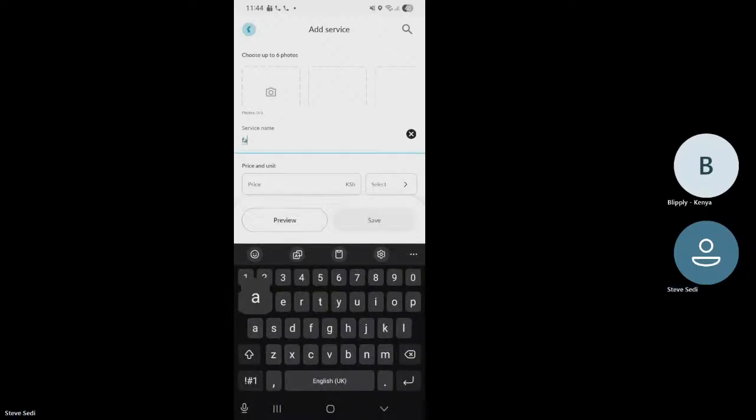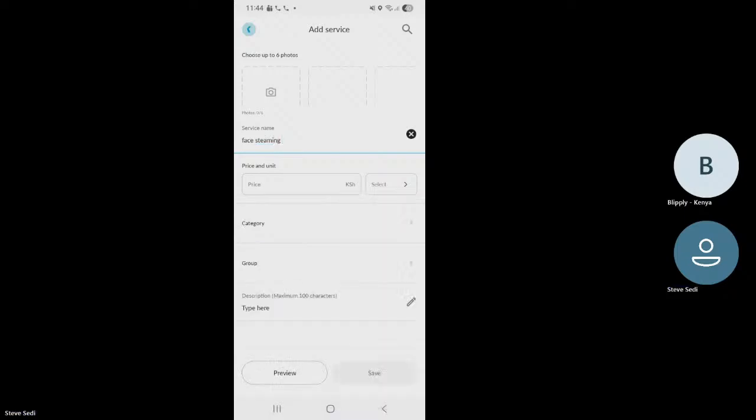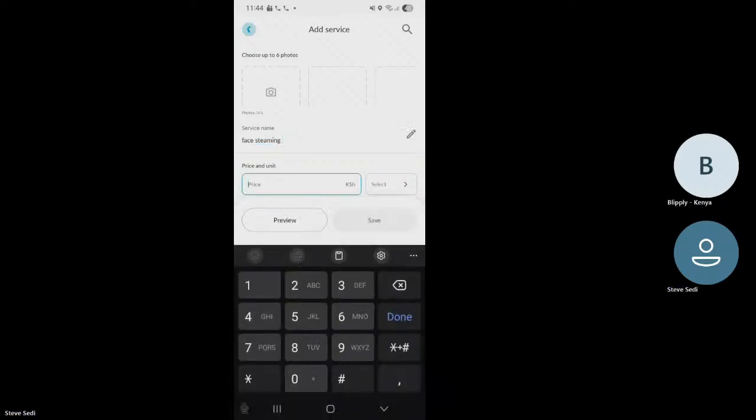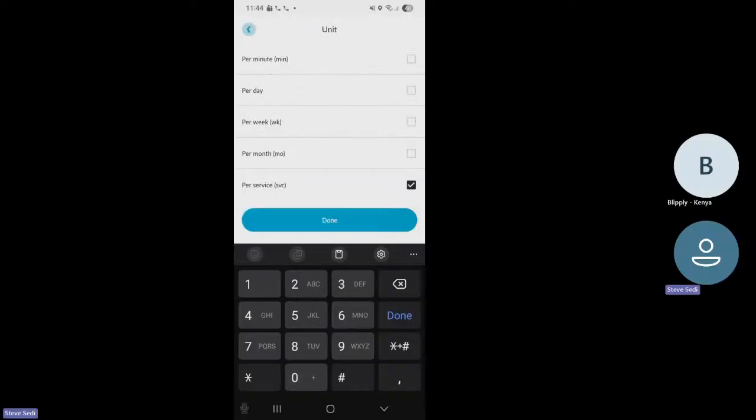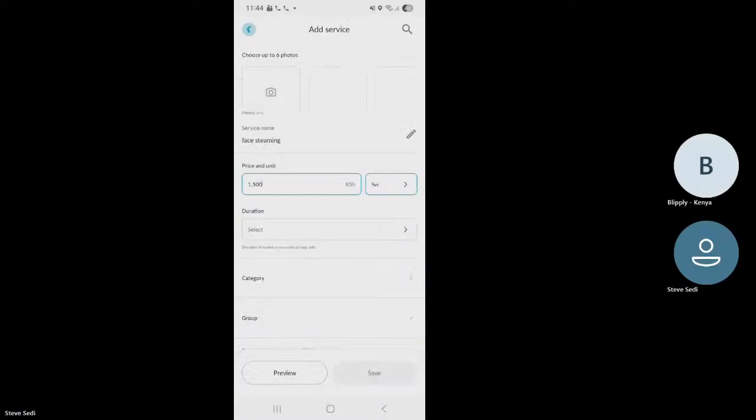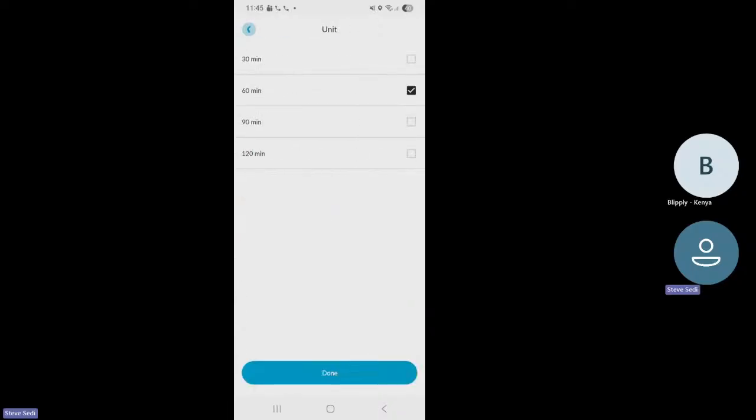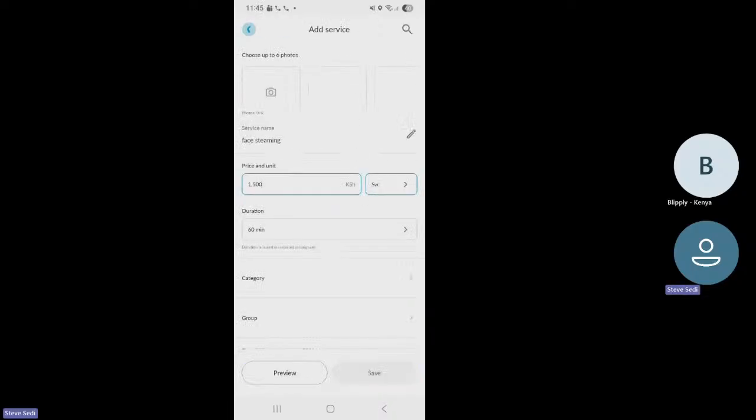Kwa mfano face steaming, I think it's called face steaming or something. Then the price, let's say it is 1,500. Then you select it is per service. Duration, this one can take 60 minutes. According to you, when ndio unajua kama merchant. So unaweka ile stipulated time that you as a merchant are sure of, that this service will take approximately this